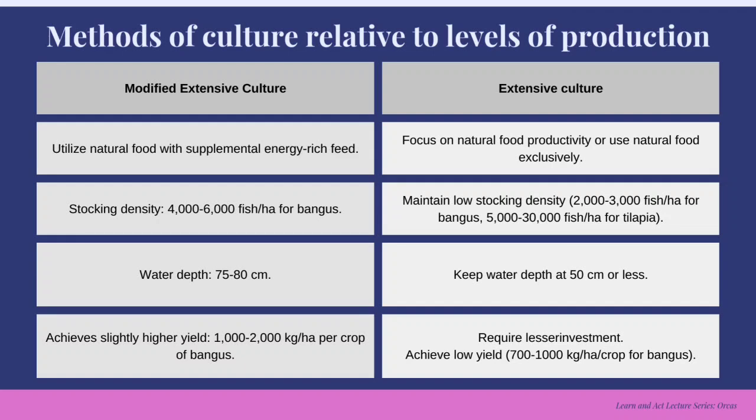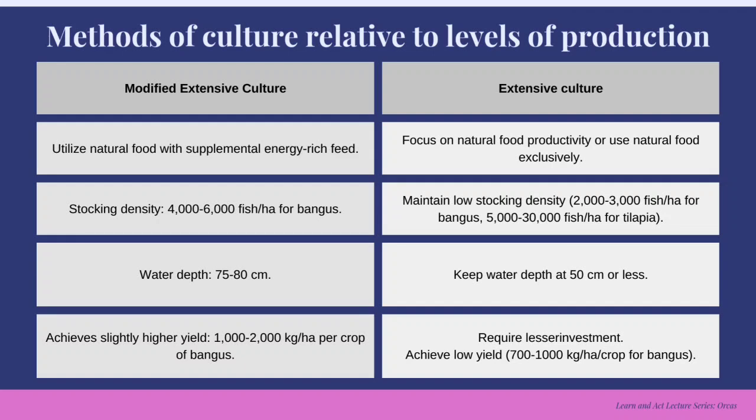First, in feeding approach, modified extensive culture supplements natural food with energy-rich feed, leading to better growth rates, while extensive culture relies entirely on natural food, making it a more traditional and low-cost method. Second, in stocking density, modified extensive culture supports a higher density ranging from 4,000 to 6,000 bangus per hectare, allowing for increased production. Meanwhile, extensive culture keeps density lower, ranging from 2,000 to 3,000 bangus per hectare, reducing resource competition and the need